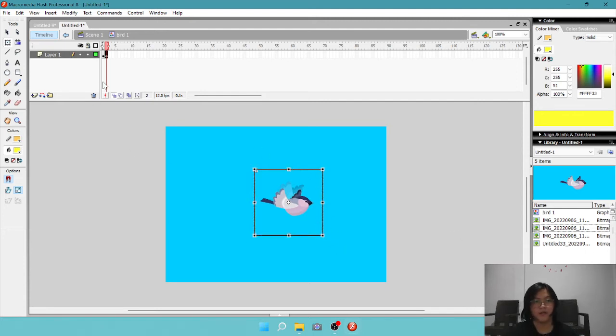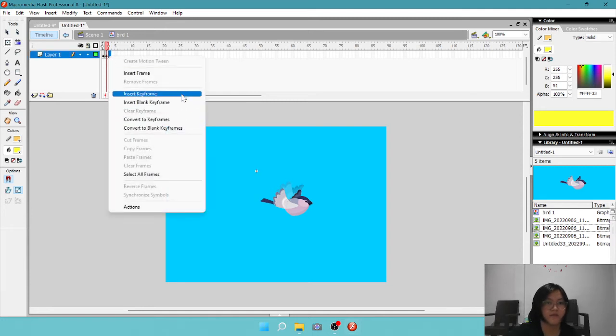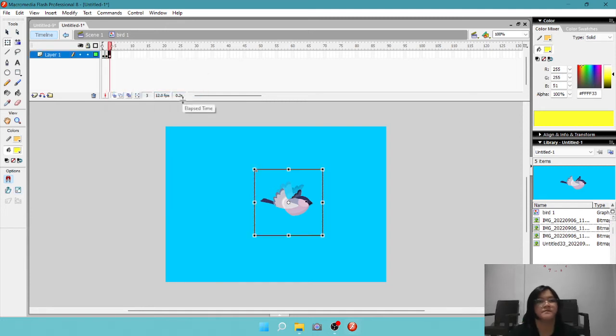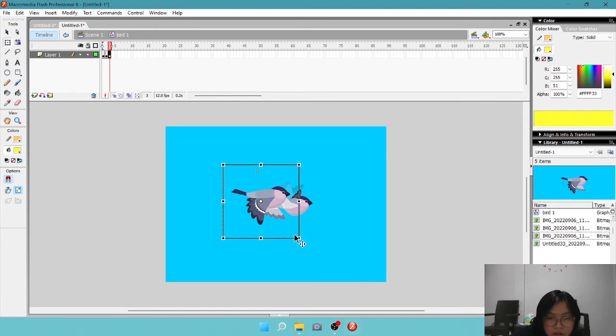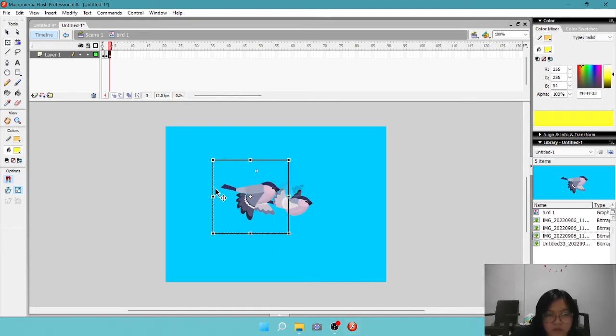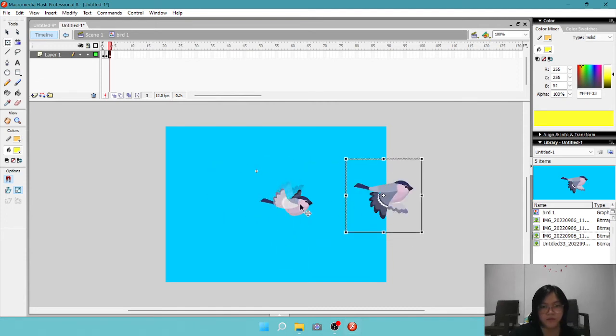Then insert a keyframe again. Click the third image like before, and this we delete.